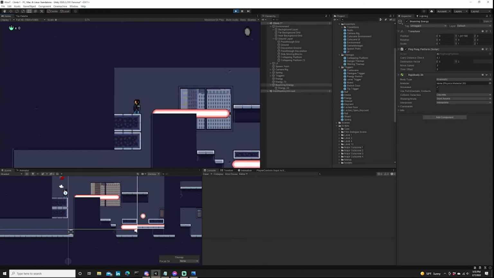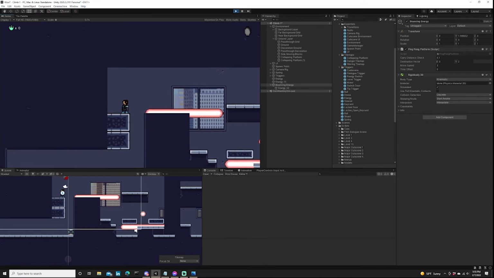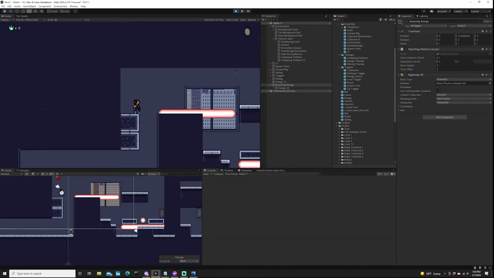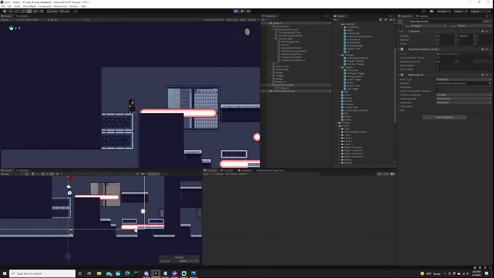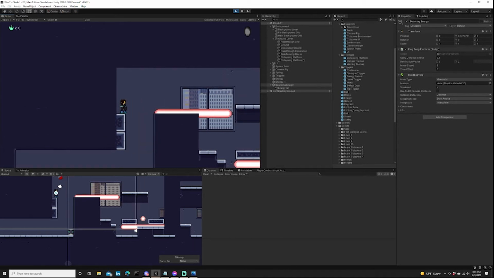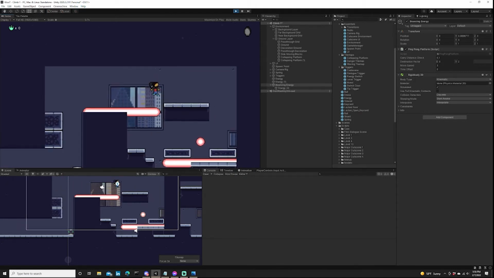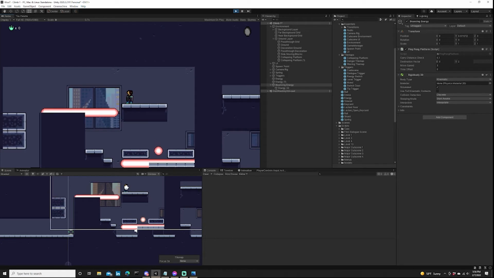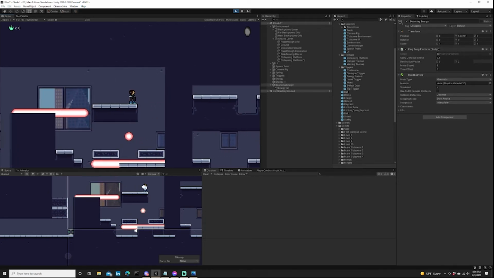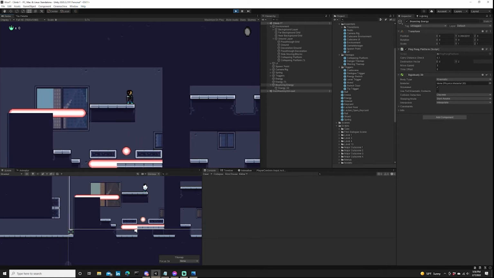Okay, so I finally made it. So I'm up here. I want the user to stay on this platform until they're ready to jump, but they have to jump when it's coming this direction, which should be easy enough. So that when they do that, they'll get the momentum from that platform, and then they should be sitting here, and they should be able to see down, and they should be able to time when they can drop